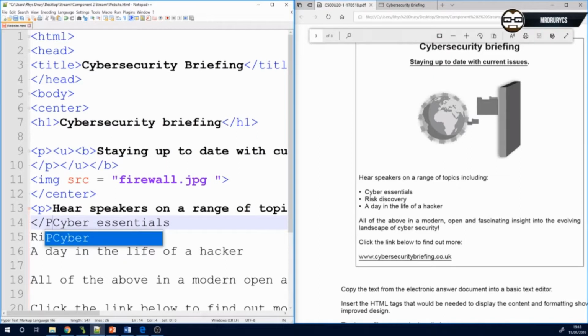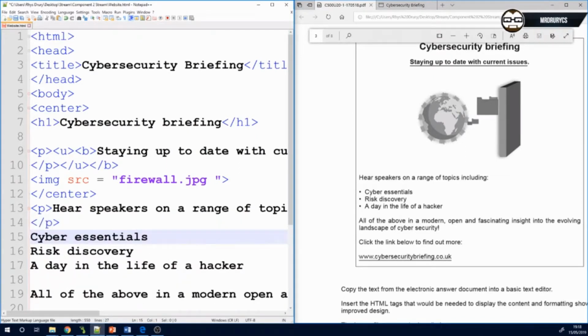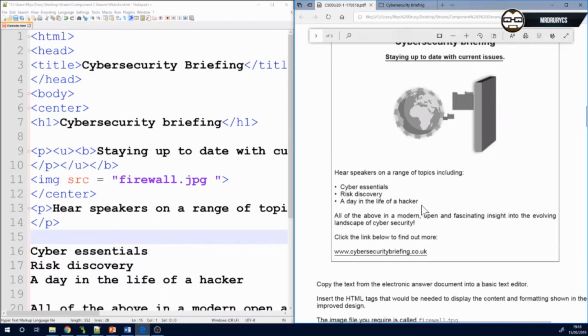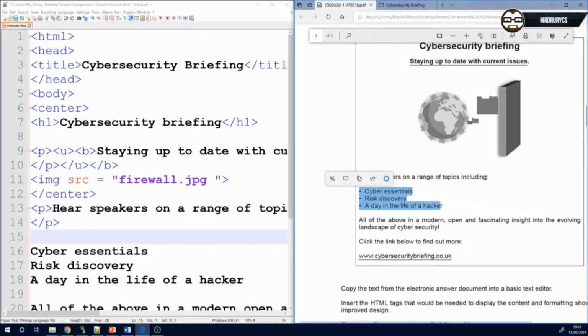Now I'm gonna close that there, and what that will do is pop that on its own little line. And then now I want a list. To get just a bullet point, you can just put LI, but I think this exam's a bit daft really, because if it was done in HTML properly, using the proper tags, those would be indented slightly. So what they did is they used LI, LI, LI, when really the examiner should have put UL,